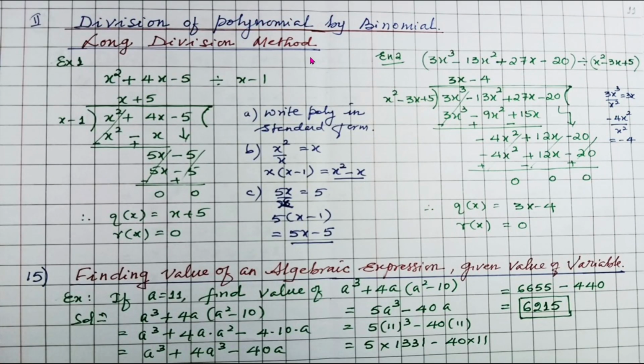Now division of a polynomial by a binomial. Here we'll be learning the long division method. Now what is this long division method of dividing a polynomial by a binomial, or division of a polynomial by a polynomial? So the first step is to write the trinomial x squared plus 4x minus 5